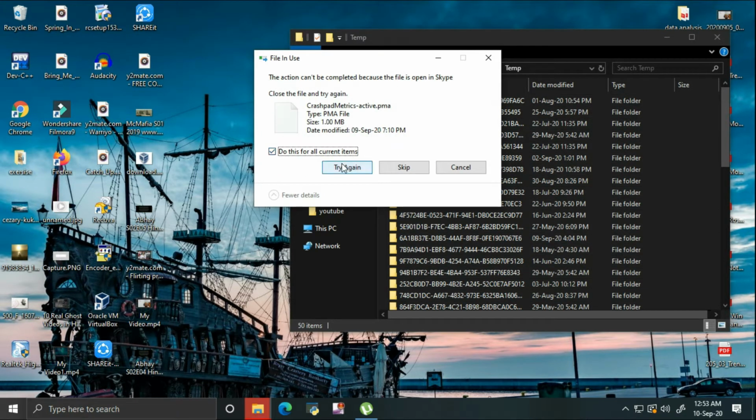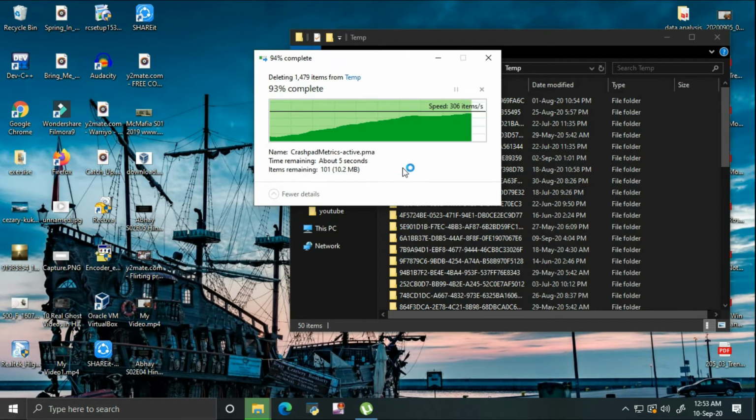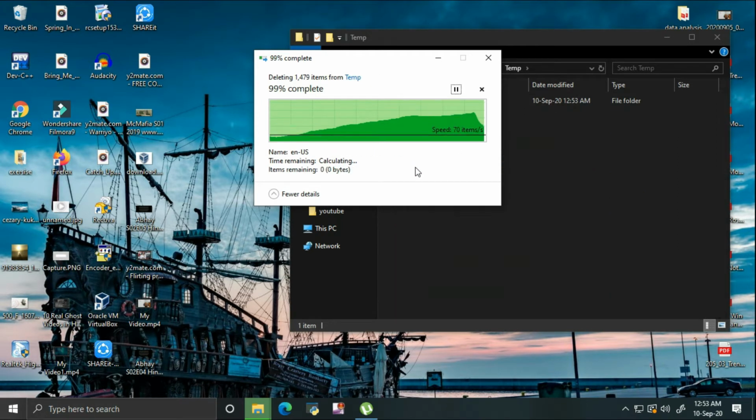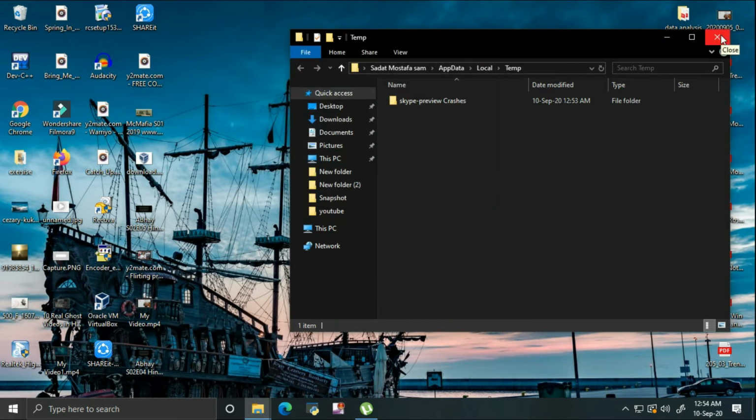Some files are also not deleted, so skip it. So close the tab